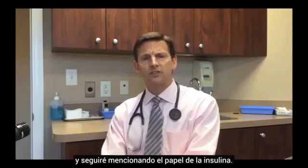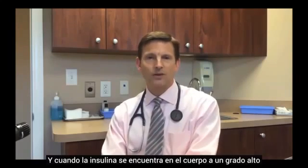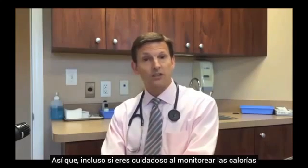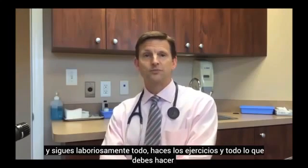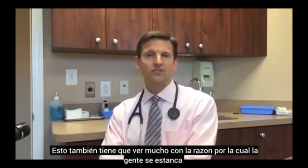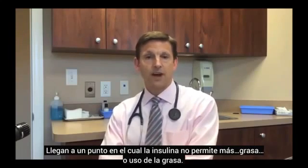And I'll keep coming back to the role of insulin. Basically, when we consume carbohydrates, our body has to produce insulin to bring the blood sugar down. And whenever insulin is floating around in the body to a significant extent, it does not let the body burn its fat stores. So even if you're careful about watching your calories and you're laboriously tracking everything and you're exercising, doing everything you should do, if you get too many of your calories from carbohydrates so that there's more insulin floating around, it prevents you from burning fat. It also has to do a lot with why people will commonly plateau, because they get to a point where the insulin is just not allowing any further fat